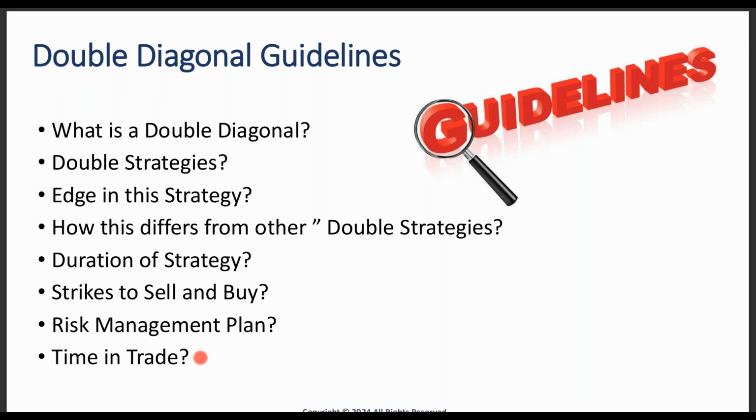Does it mean that sometimes it might be an extra day or so? Yes. And sometimes I might just get out because if I'm not getting out in 30% of the duration, what I found is the market ain't range bound, right? Anyways, folks, is this everything in the world to know about double diagonal? No, but hopefully I'm giving you enough information that you could practice it.